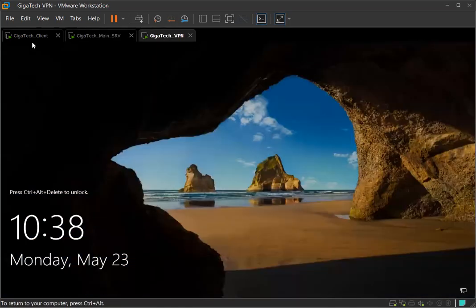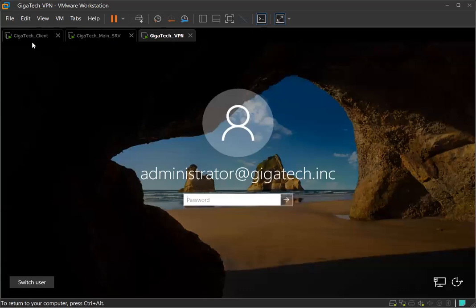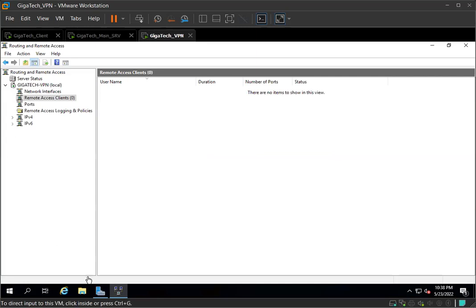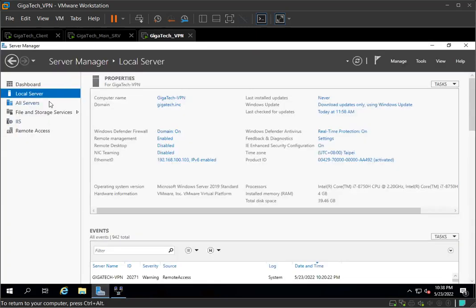We also have the VPN server separated. Here, this server is named as gigatech.vpn with the connection to the domain of the gigatech.inc. We also have the client